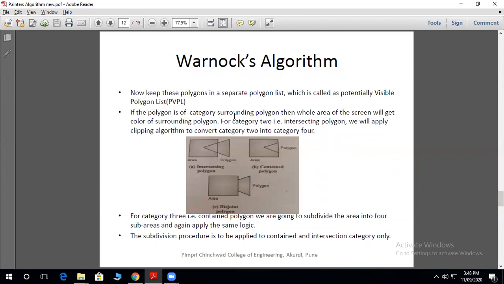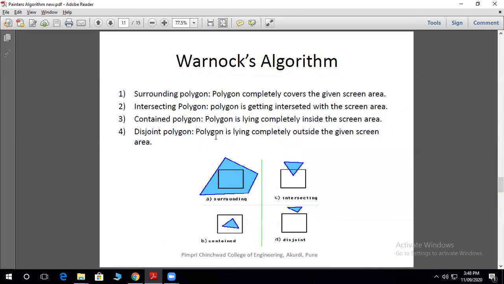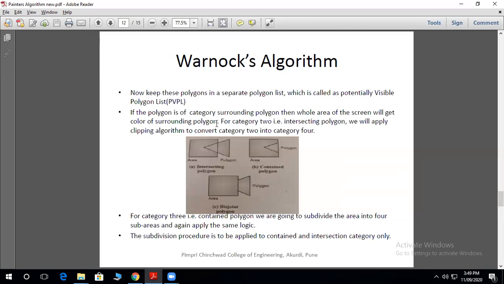If the polygon is of category 1, the surrounding polygon, then the whole area of the screen will get the color of the surrounding polygon.